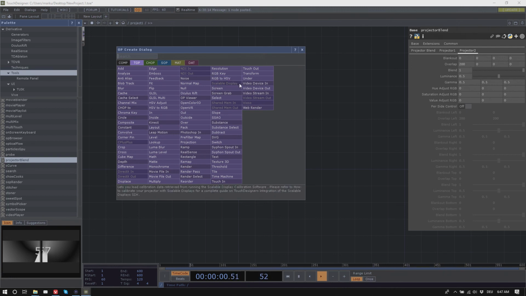And then there's another one here, Scalable Display, which is an American company. They do a similar thing for high quality and unfortunately extremely expensive. But these Vioso guys, you can talk to them. They're pretty supportive. Or you do the functionality that they have in TouchDesigner itself. Or you do that, which should be possible because you can make a gray code pattern, you can read it in. You can film with the camera, check the color. Yeah. It should be better, I guess. You can do that too.